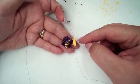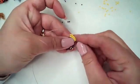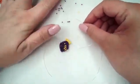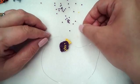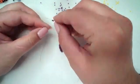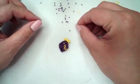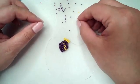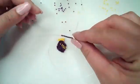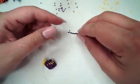Shall we do this last row purple just to bring that color of the body into the end of the tail? I think that would look really good. So these rows were 9, so I need to do 11. I'm jumping up by 2. 1, 2, just keep 5, 8, 9, 10, 11, and I'm going to take the end from the other side all the way through,